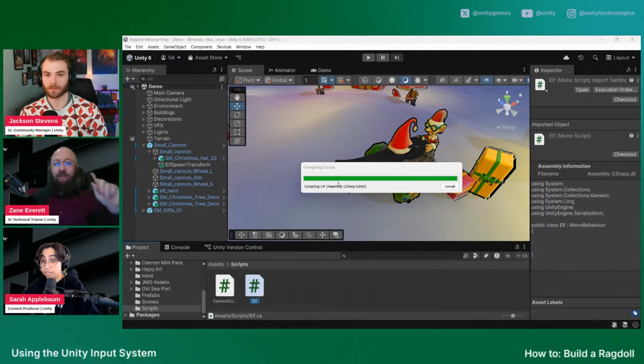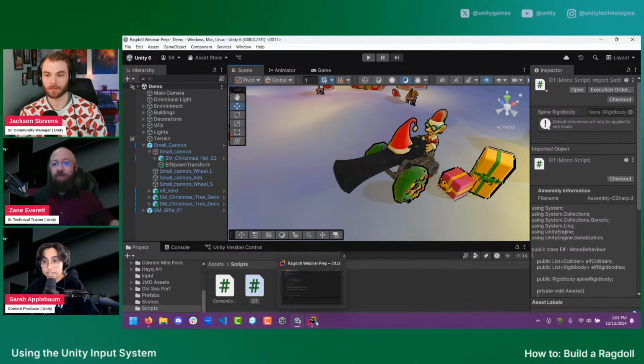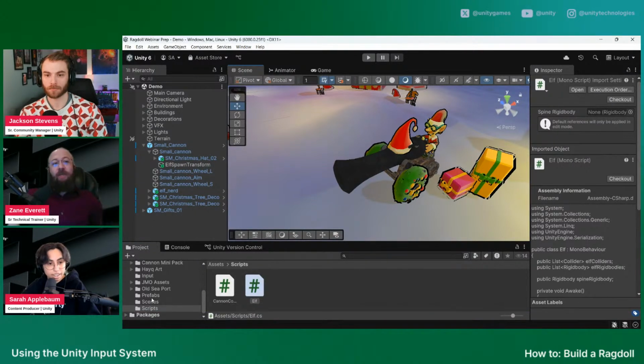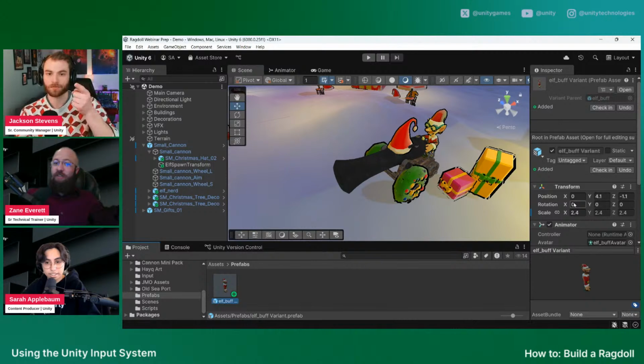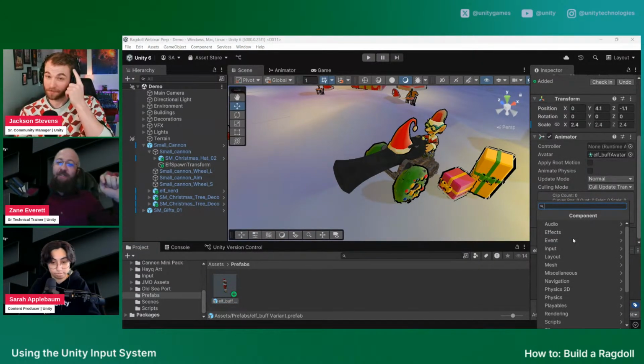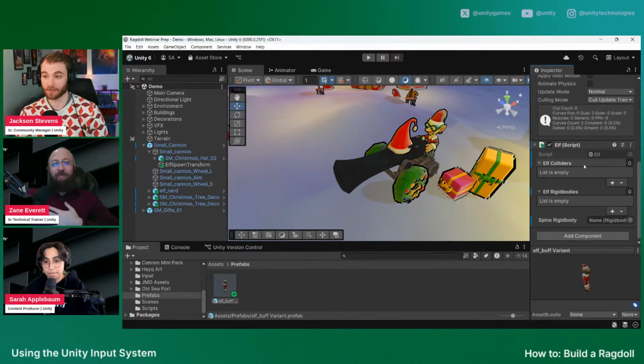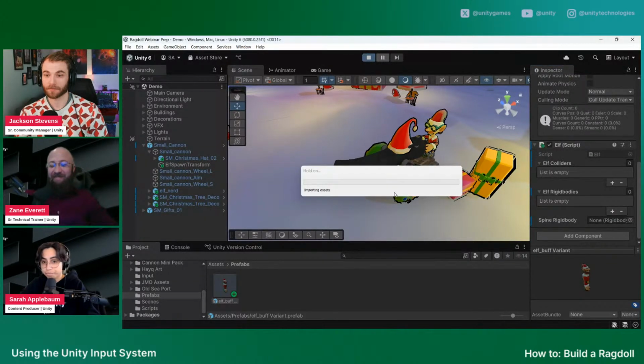Quick check, because I think I saw it, and I forget all the time. I think you missed adding your elf script to the elf prefab. You started to make a new one, and it wasn't there. Let's check, just to make sure. Yeah, you started to make a new one that already existed. Right. This is teamwork right here. All the time. This is pair programming, right? Bam. There we go. So now, if I click play here,